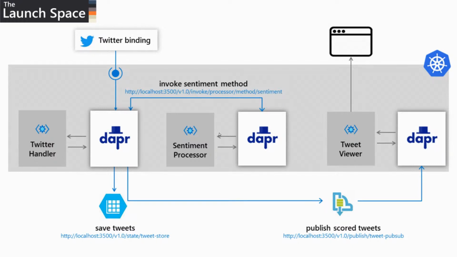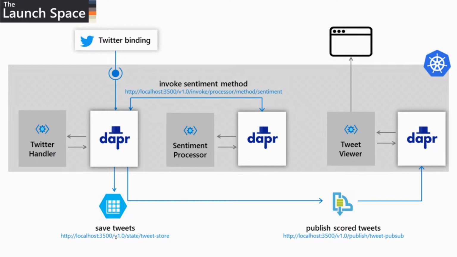Say, hey, Dapr, go call this. And when you're done, give me my information back. That's exactly what happens. I take the tweet, I send it over to this other microservice, who then communicates with cognitive services up in Azure and says, hey, here's the text to this particular tweet. Go tell me if that's neutral, if it's positive, or if it's negative. And then when you give me that information back, I'll share it back with the first microservice. I then take that information and I store it into a state store. I'm going to show you how I do this locally on my dev machine, and then how I'm able to take all this code and package it and move it into Kubernetes without changing a single line of my application.